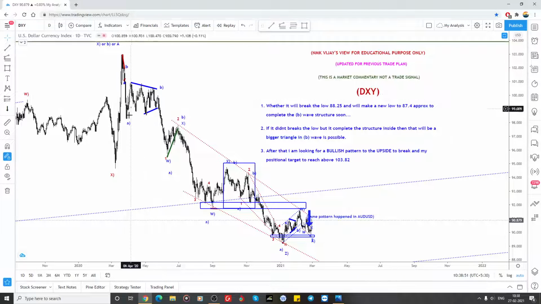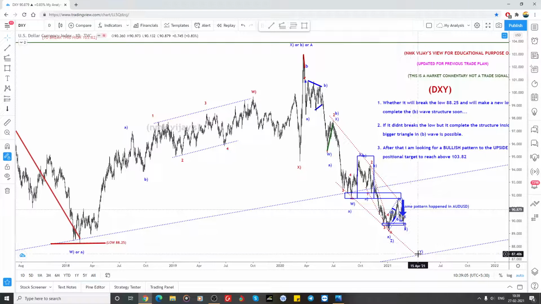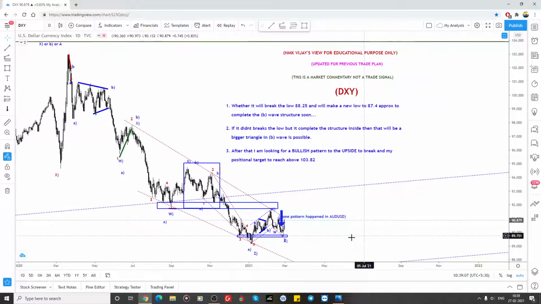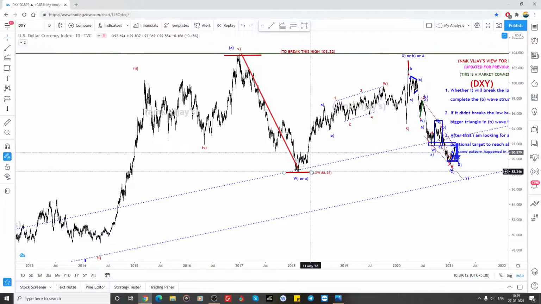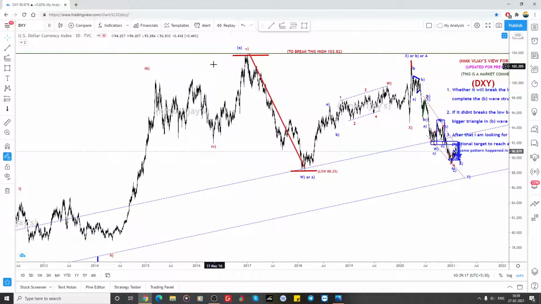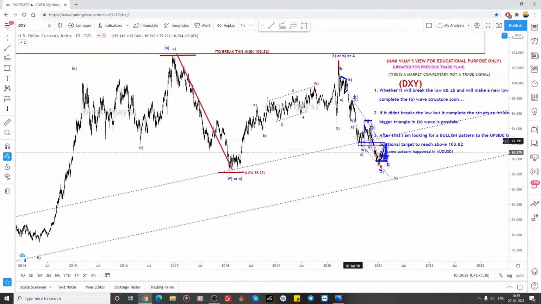And here A, B, C is a B, and C we can make it as a 1 2 3 4 5 as a flat correction, followed by a connecting wave of X, whether this could be a Y or A or B or X, and again Z or Y. So whether it is one more low, because it is a weekly massive support here, right? Whether we are keeping this as B could be a triangle, or the intermediate wave B could be a triangle. So anyway, I am looking for